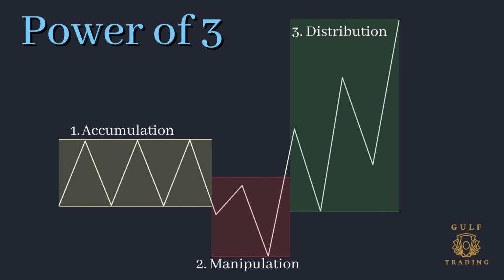And then hopefully this little diagram helps you visualize the setup, what you'll be looking for in the charts. So you can see the accumulation phase, just the range. Then manipulation takes out liquidity, sell-side liquidity in this case, takes out liquidity in the range, and then distribution, price pushes up however it wants.